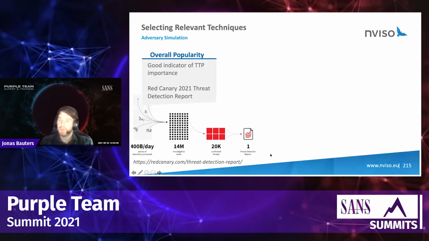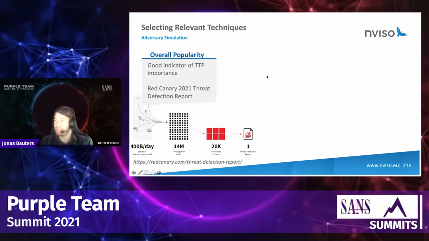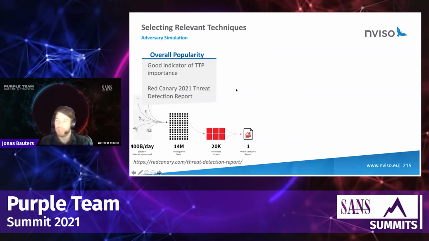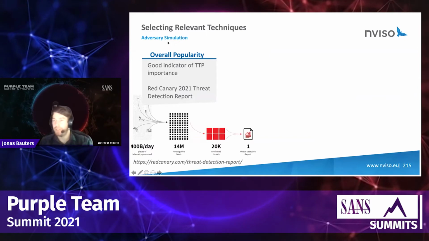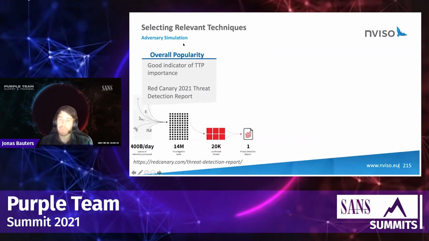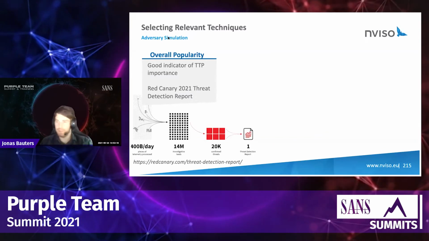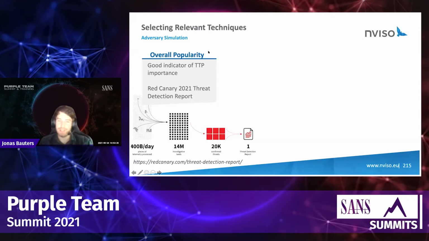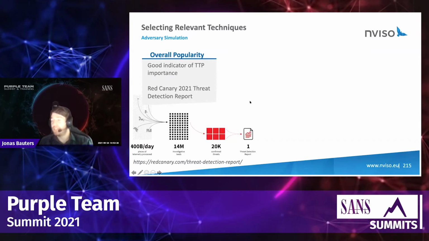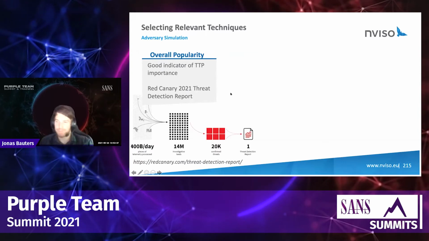Now, for selecting the relevant techniques, we have listed a number of aspects that we often use to select relevant techniques. And here we're still looking at the adversary simulation part. In terms of adversary simulation versus emulation, that's also a debate that has been going on for a while, and is also part of the previous talk that I presented. So if you're interested there, again, there are slides of a previous Summit that you could have a look at and see whether or not you agree with my view on that.